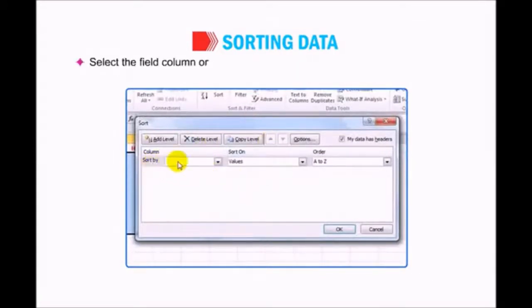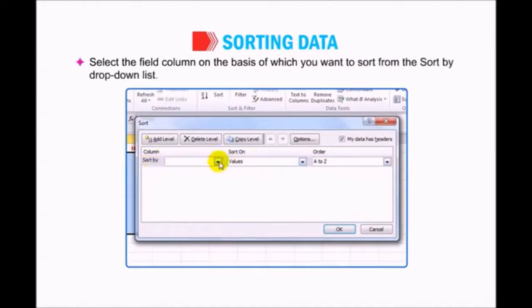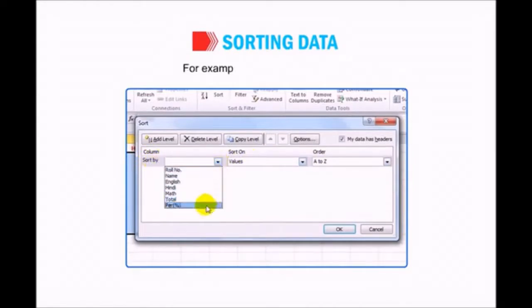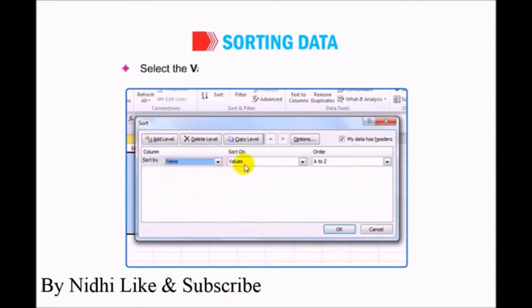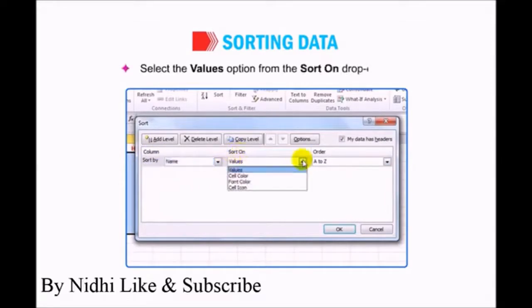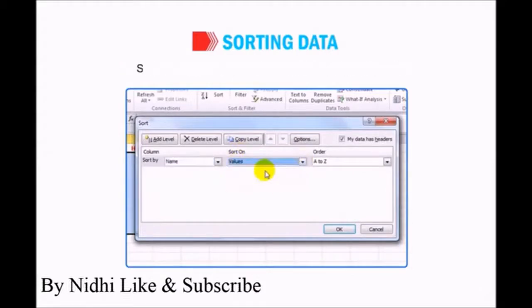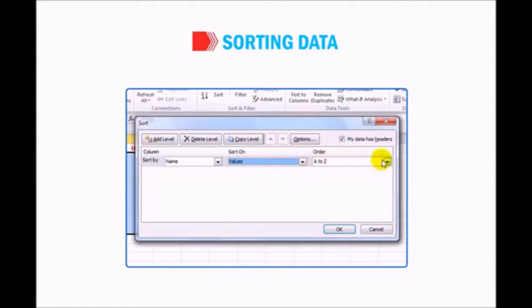Select the field column on the basis of which you want to sort from the Sort by drop-down list. For example, select the name field. Select the values option from the Sort on drop-down list. Select the sorting order from the Order drop-down list. By default, A to Z option is selected.